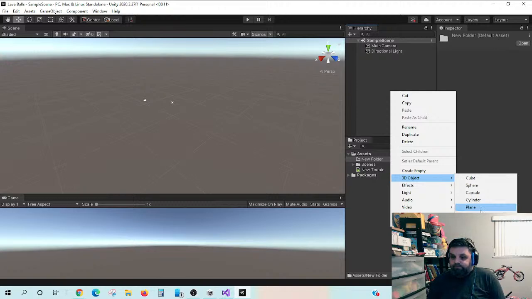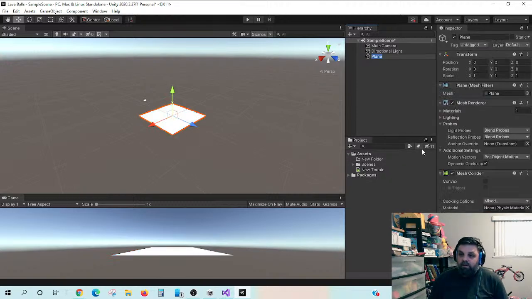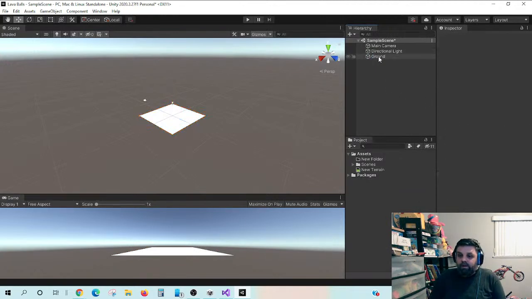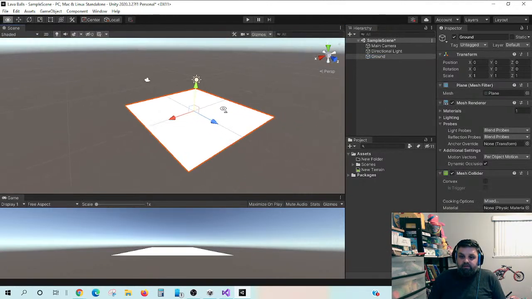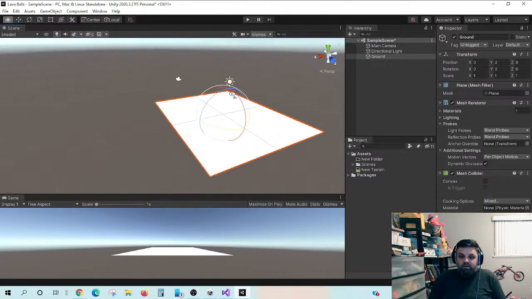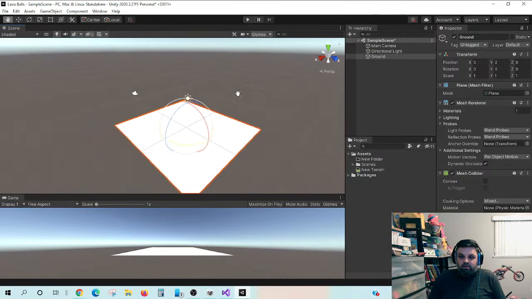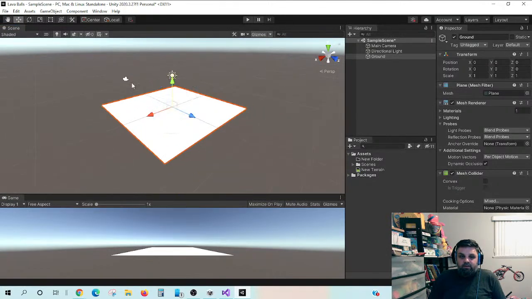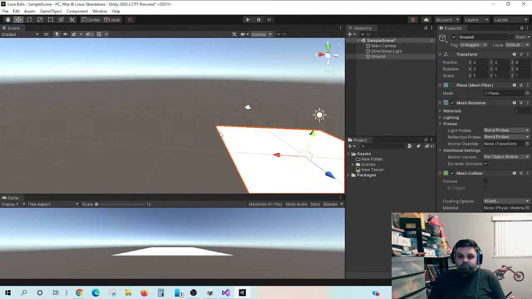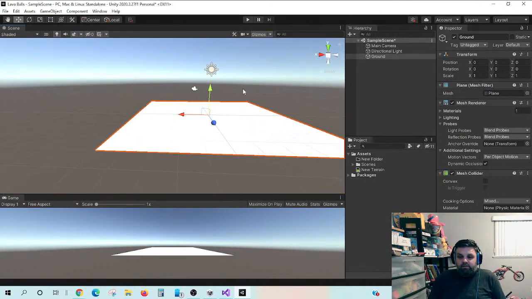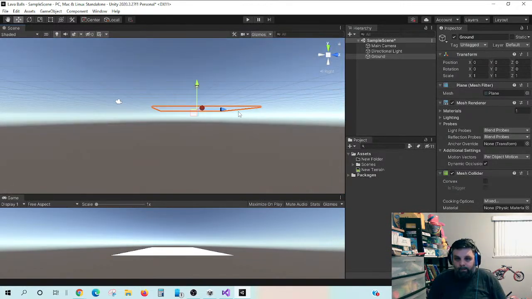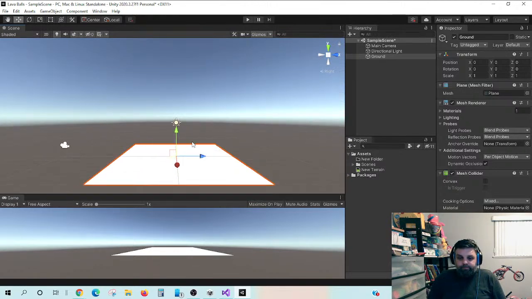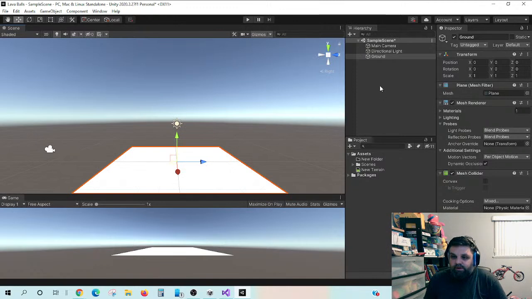Let's just do a plane. And then we're going to call this one the ground. Yeah. And so we just got this. Okay. So this is going to be the ground. How do we have my... Okay, and then we're going to need